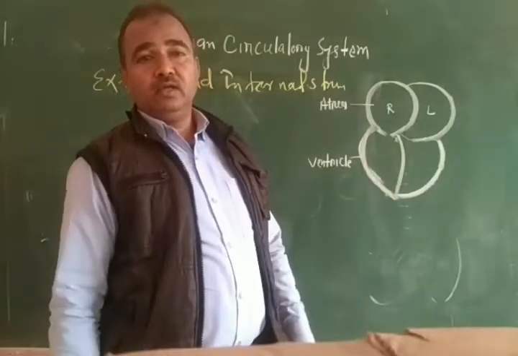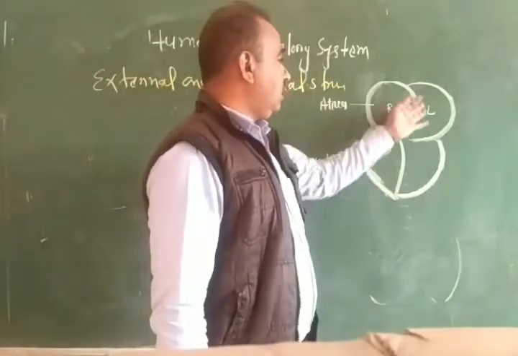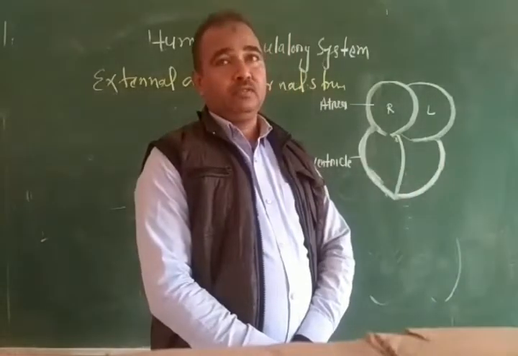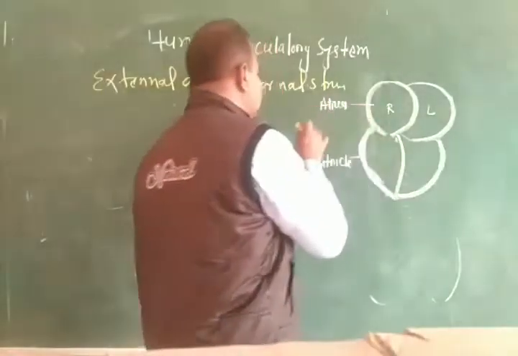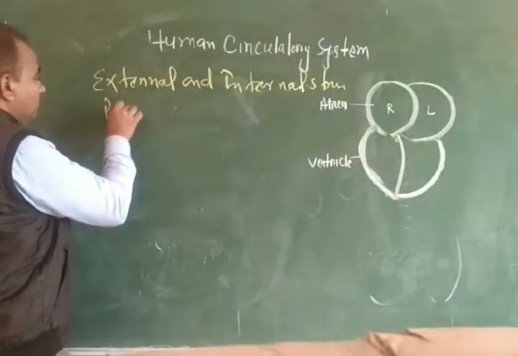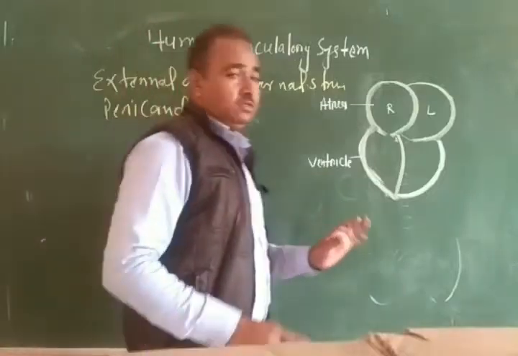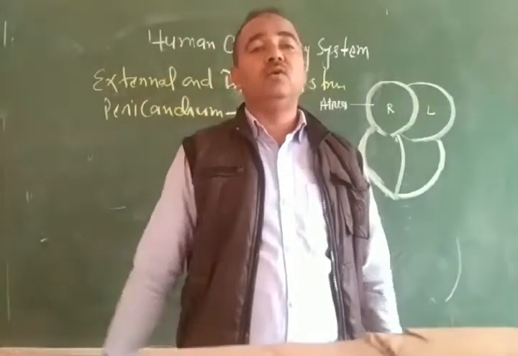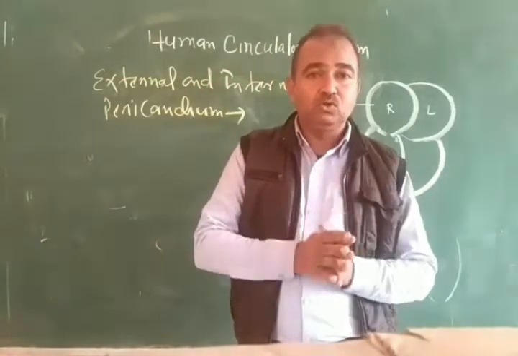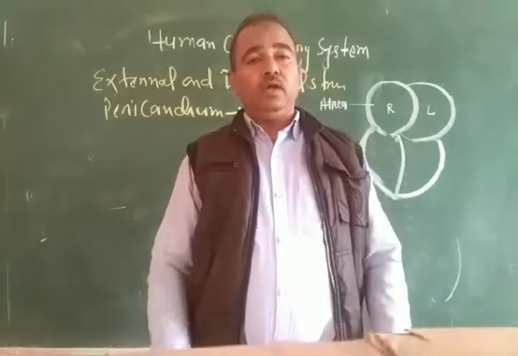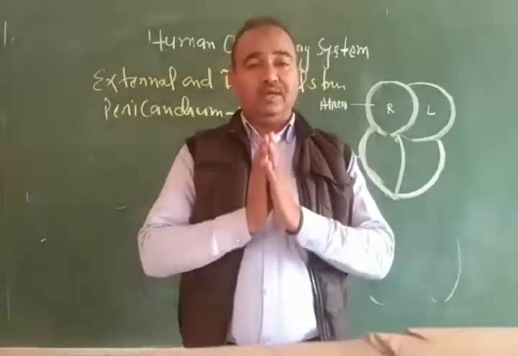Externally, if we observe the structure of the heart, it is a four-chamber structure. It is further wrapped with a double-membrane-bounded structure called the pericardium, which contains a fluid called pericardial fluid. This is a very narrow cavity with fluid, and it helps protect the heart from jerk, injury and friction.